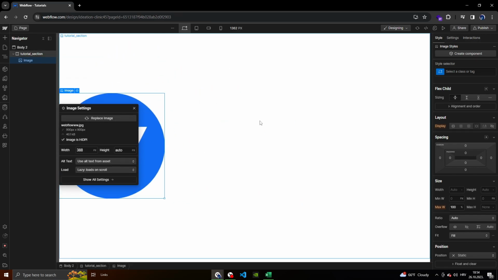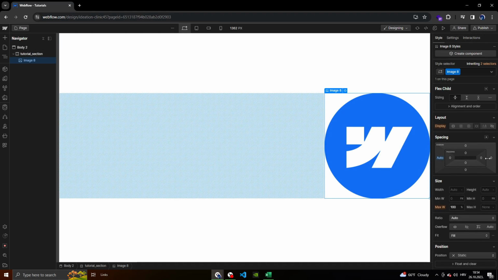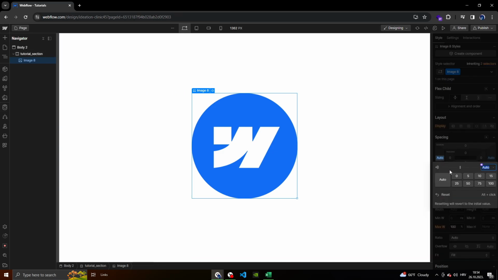And now there are two ways we can center this image. We can give it margin left and right auto, and this will automatically center the image inside of this section, or we can